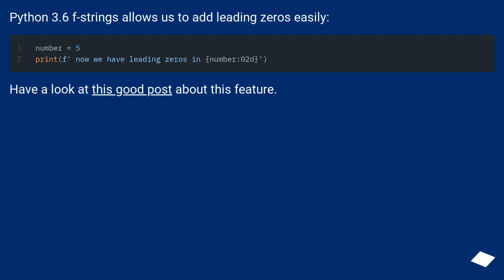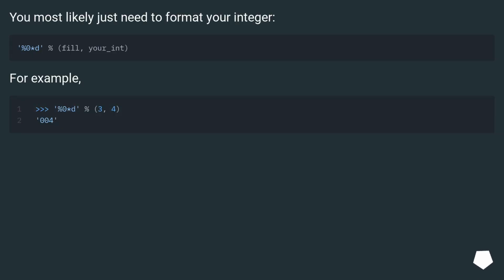Python 3.6 f-strings allows us to add leading zeros easily. Have a look at this good post about this feature. You most likely just need to format your integer. For example,